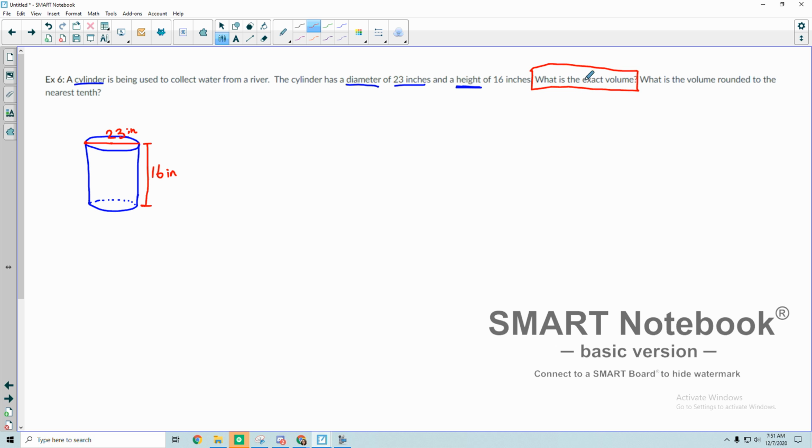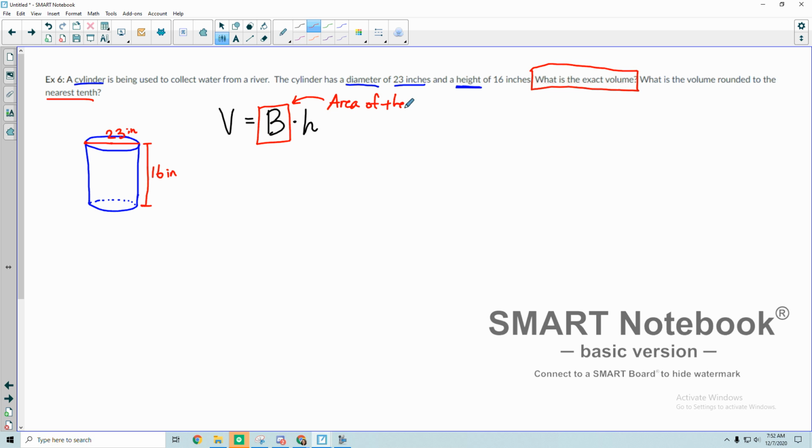I really want to focus on figuring this out. What is the exact volume? And then more specifically, what is the volume rounded to the nearest tenth? Okay, I can do this. So I know that the formula for the volume of any prism is just volume equals base times height. And then I remember that for this B here, I need to plug in the area